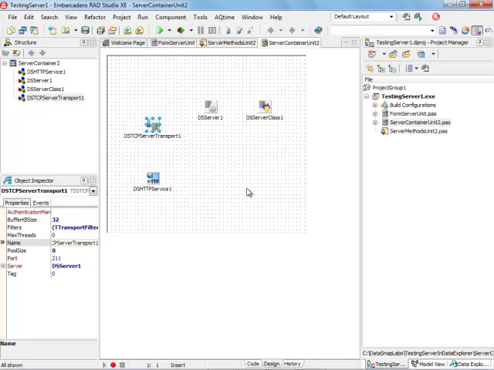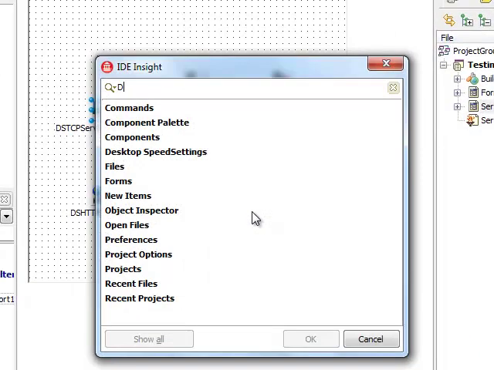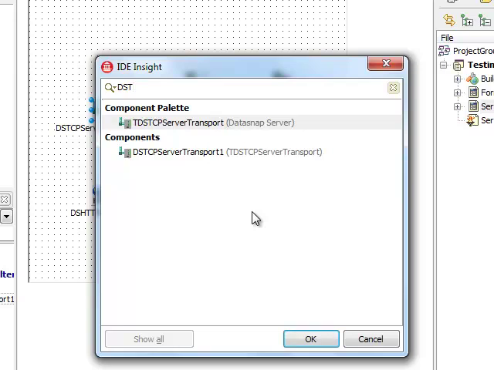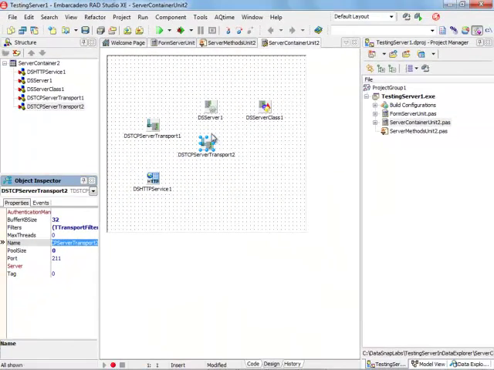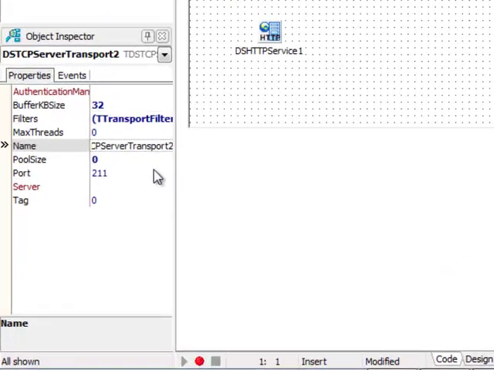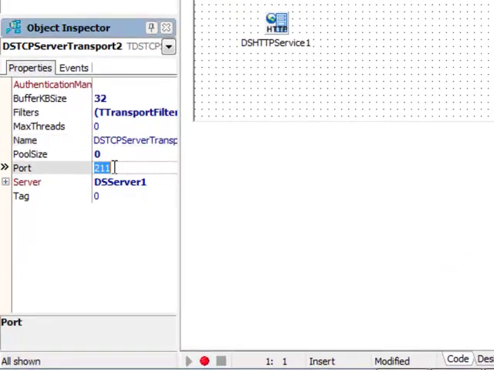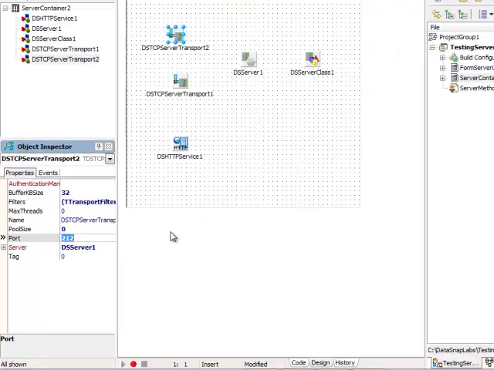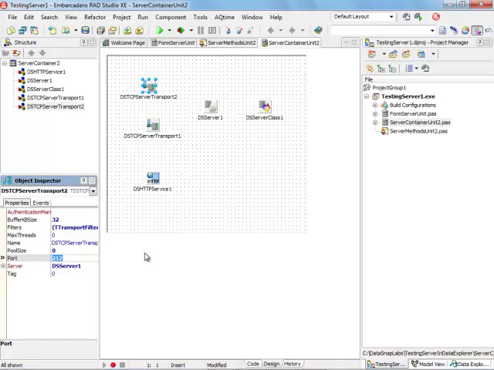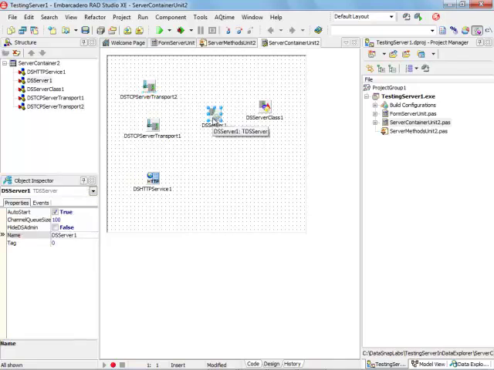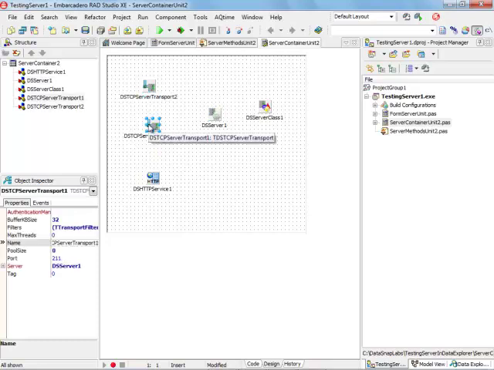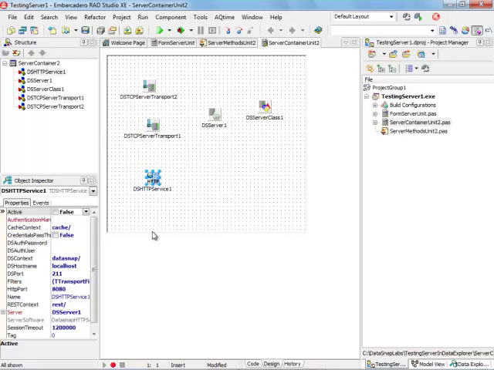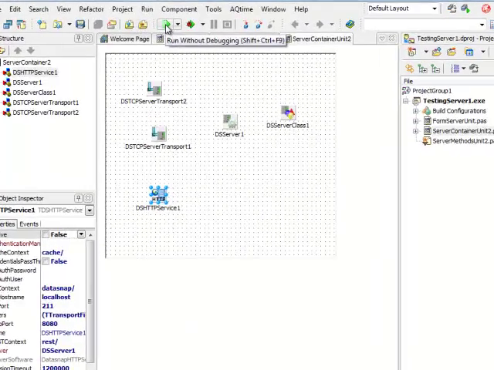So for example, I could actually go ahead and say I want to add this DSTCP server transport component, and this second transport component can be connected to the server, and it cannot be using the same port, so I'm going to go for the port 212. So now we have our server application that listens on 2 different TCP/IP ports. One is 211, one is 212, and one HTTP port 8080. So now if I just run and compile my application